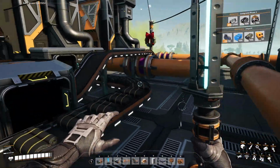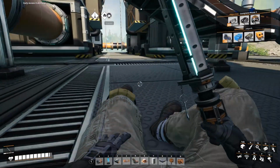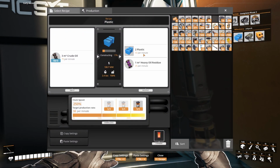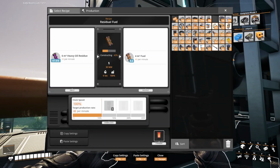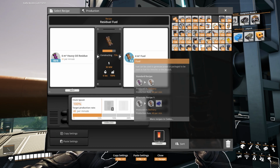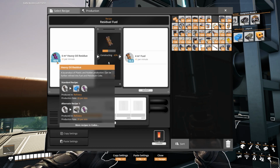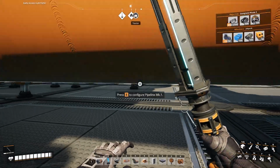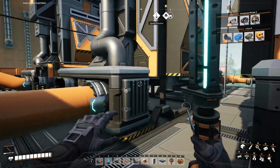My feeling is that in any case we're probably going to start overfilling the heavy oil residue tanks here. We actually are not, so that's interesting. I mean, I haven't been playing for a bit, but then again you can see that this thing is actually quite... How are we not overfilling the outputs of the heavy oil residue bitsies here? That's actually interesting, to be honest, because...